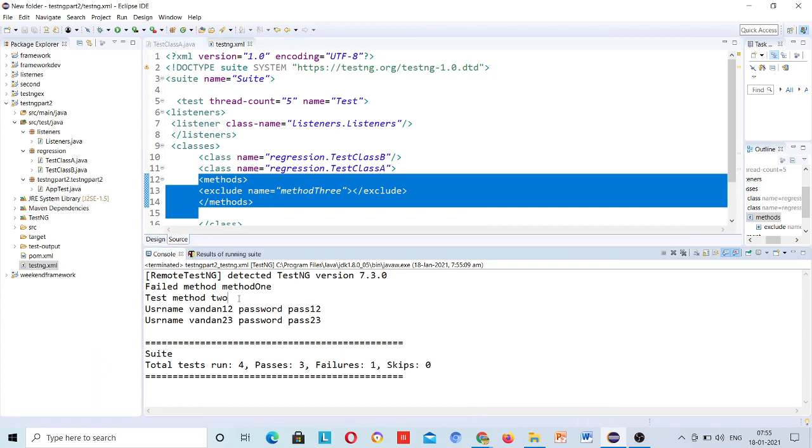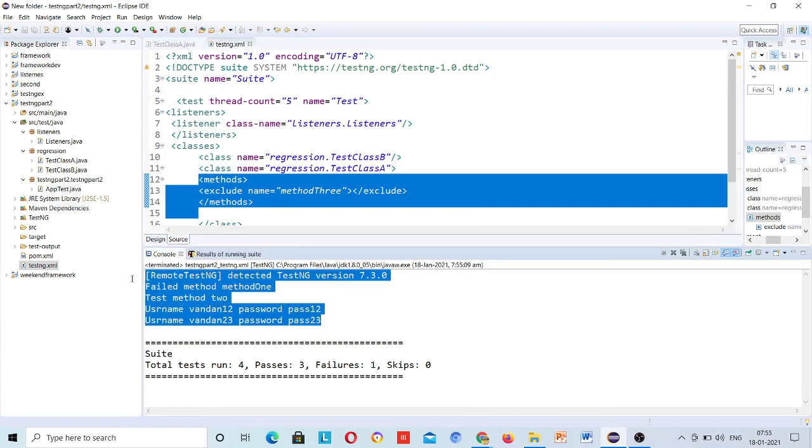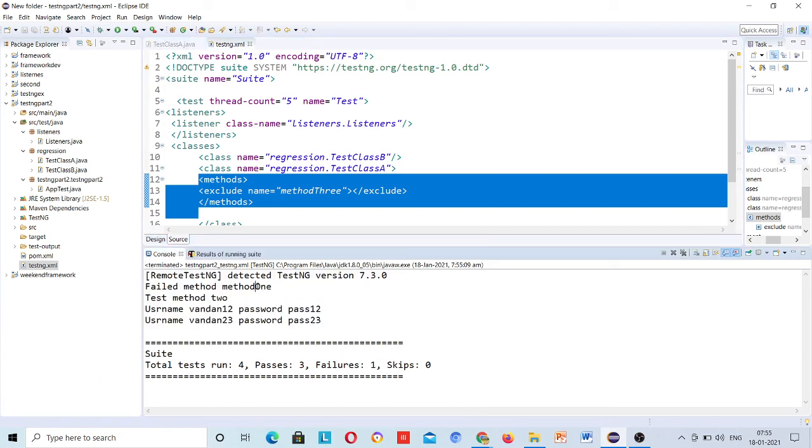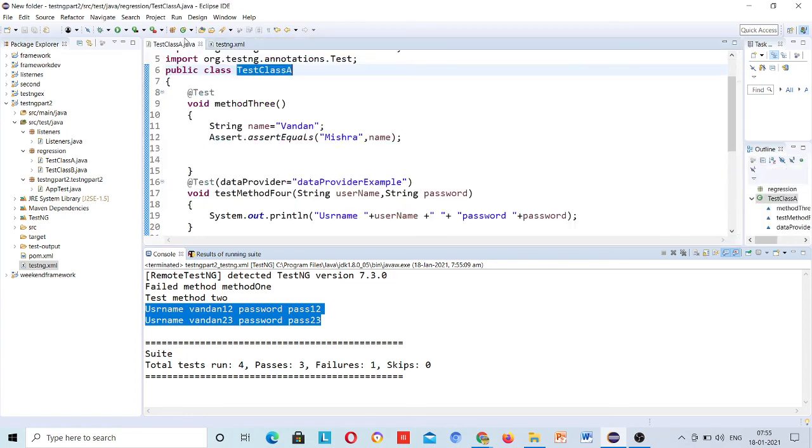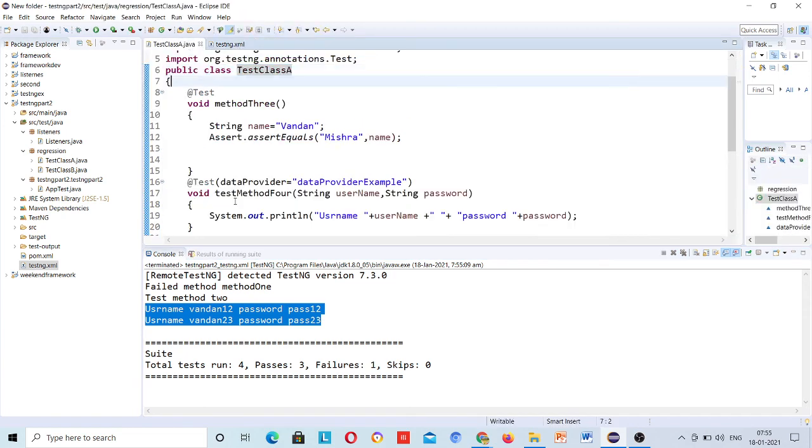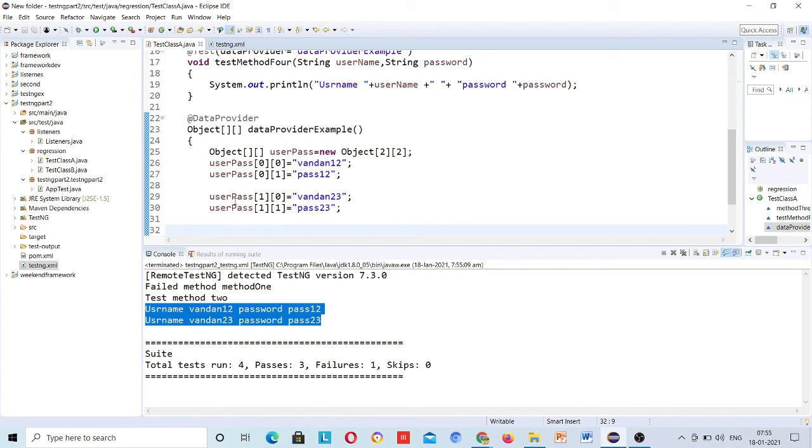Okay, now see, method 3 will never be part of your test result. This failed method 1 ran. Okay, this test method 2 ran, right, and then this is your fourth, which is implementing data provider, that is it.